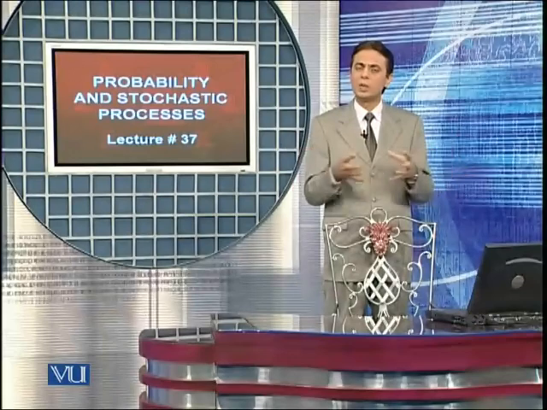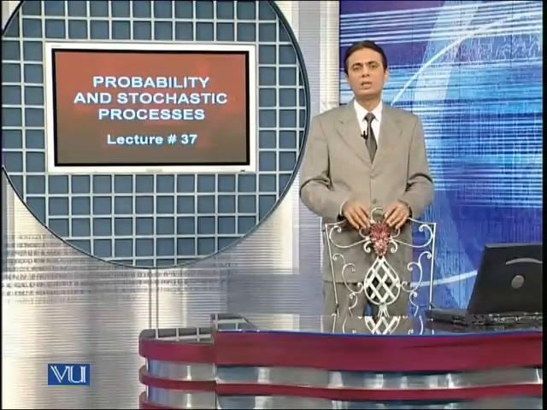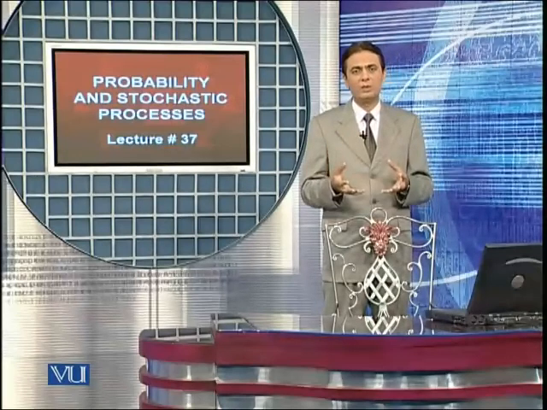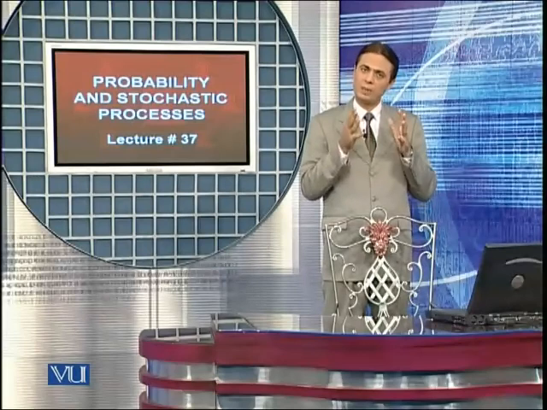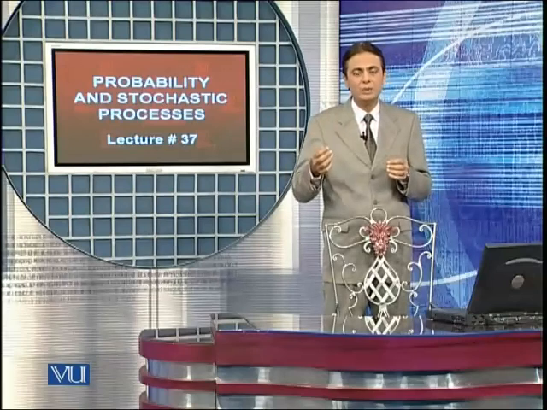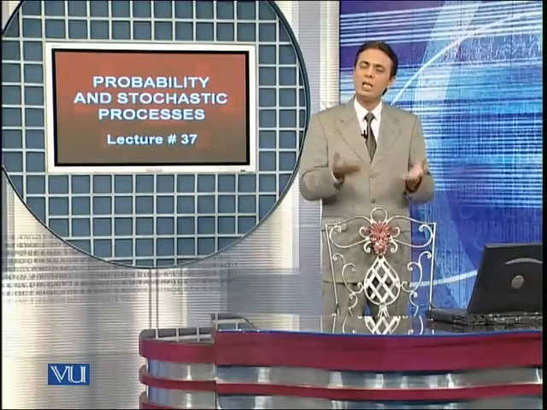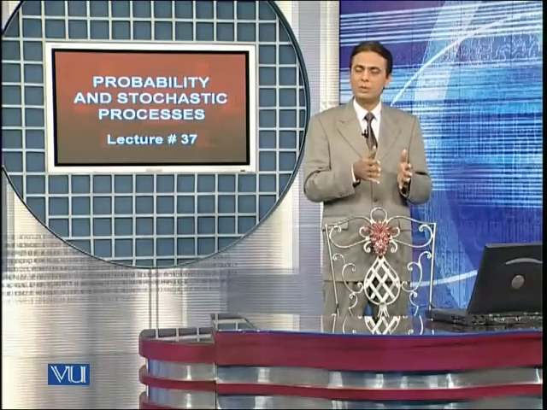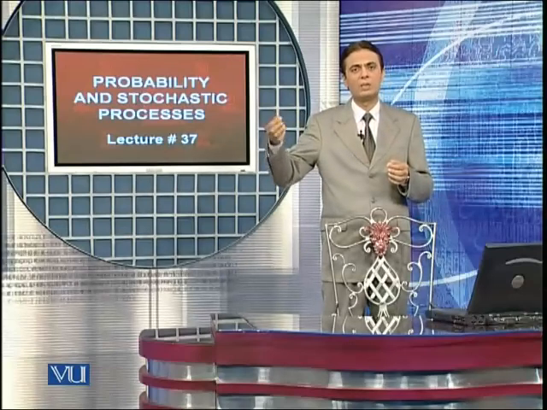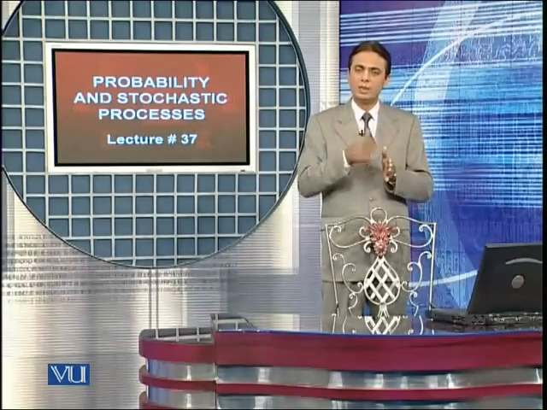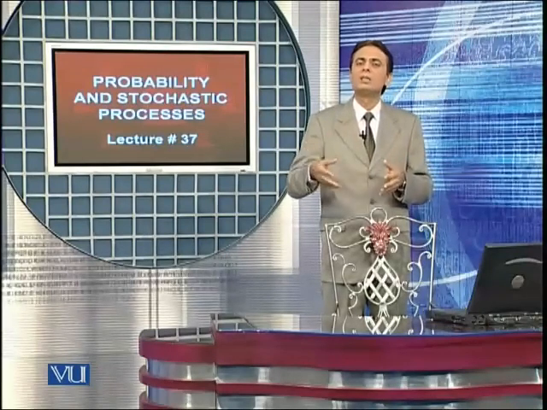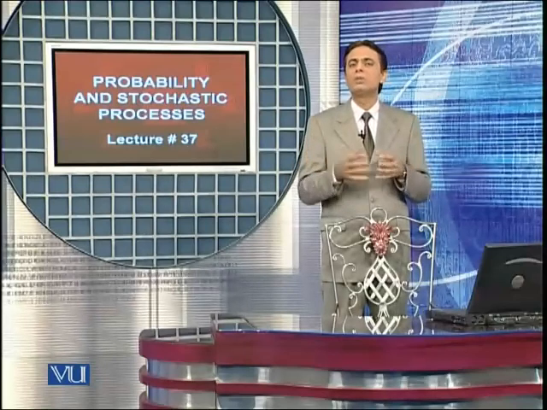You can find joint probabilities of more than one random variable, and you can ask many other questions about the behavior of this Markov chain. And by behavior of this Markov chain, I mean the pattern of values that the random variables in the Markov chain assume. The pattern would be that the first random variable takes on a certain value, the second random variable takes on a certain value, the third random variable takes on its own value. So this pattern of these well-ordered random variables taking on their respective values, that is what we observe.